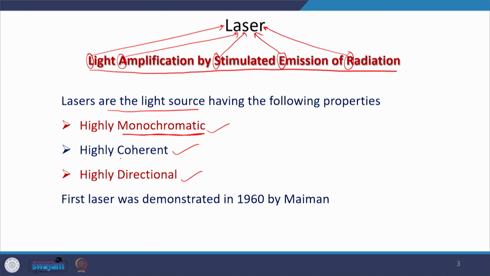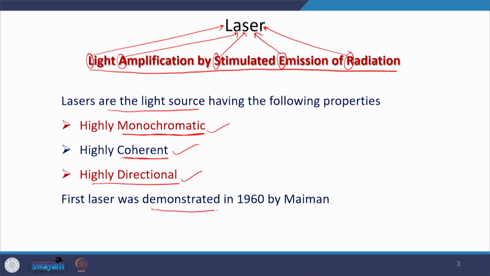The second point is that laser light is highly coherent, a word we have already studied. The light emitted by a laser maintains a constant phase relationship, and this is why we call it coherent light. And they are highly directional: they do not diverge too early, they propagate collimated through a long distance. Okay. And the first laser, which is called the ruby laser, was demonstrated in 1960 by Theodore Maiman,